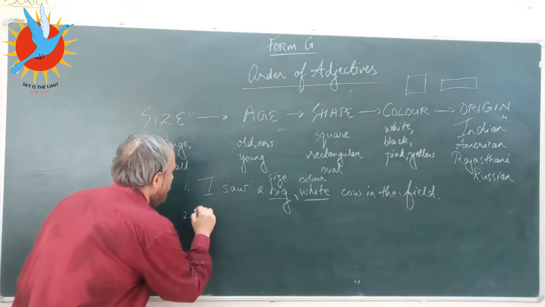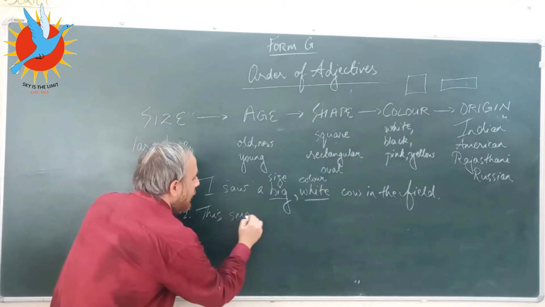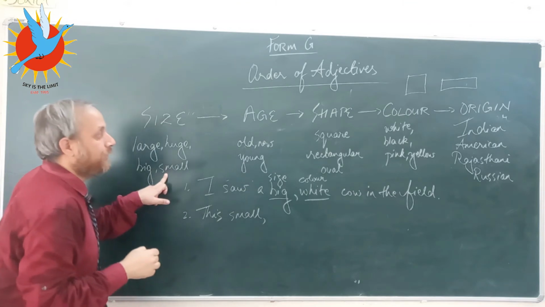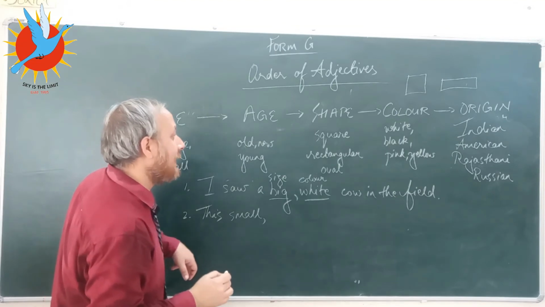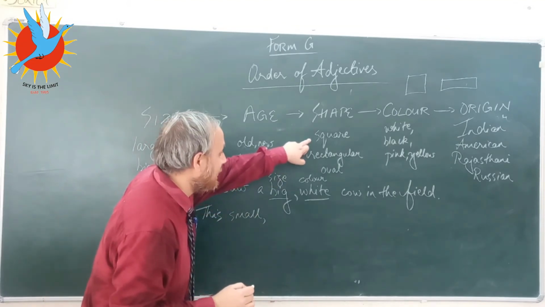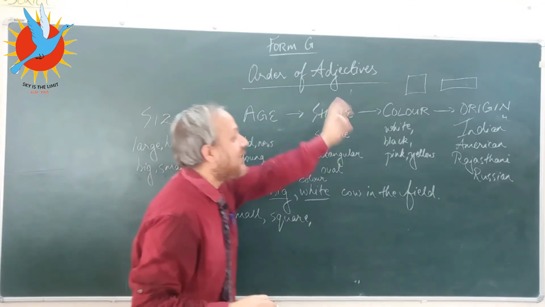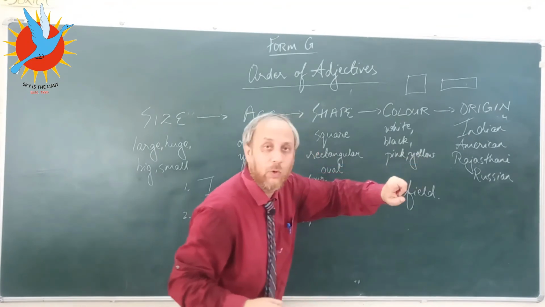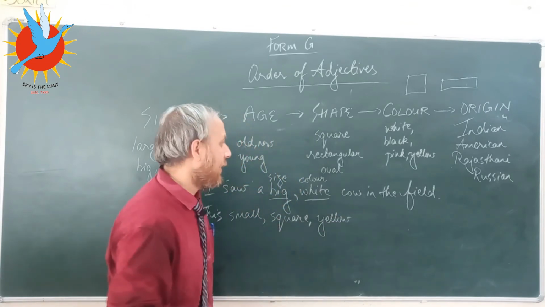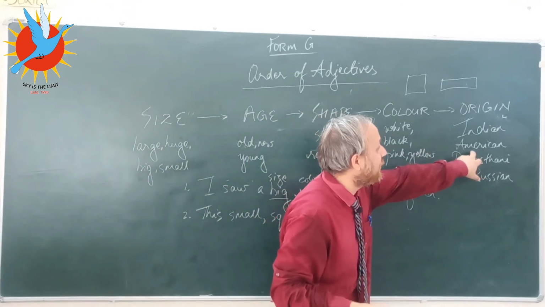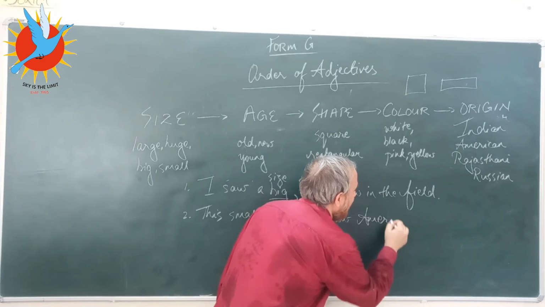Let's look at another sentence now. Let's say this, let's take the adjective of size, this small, comma. Okay, be careful of your commas as well. This small, let's say square, we'll take an adjective of shape now. This small square. Let's take an adjective of color, yellow. Okay, so this small square yellow. Let's take an adjective of origin as well, American. So this small square yellow, American